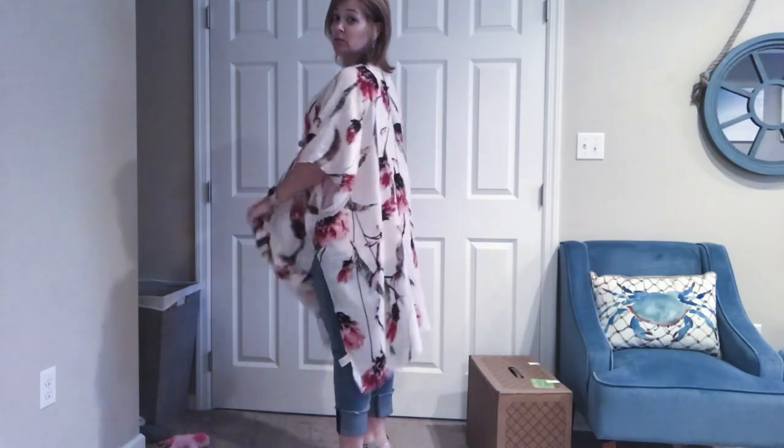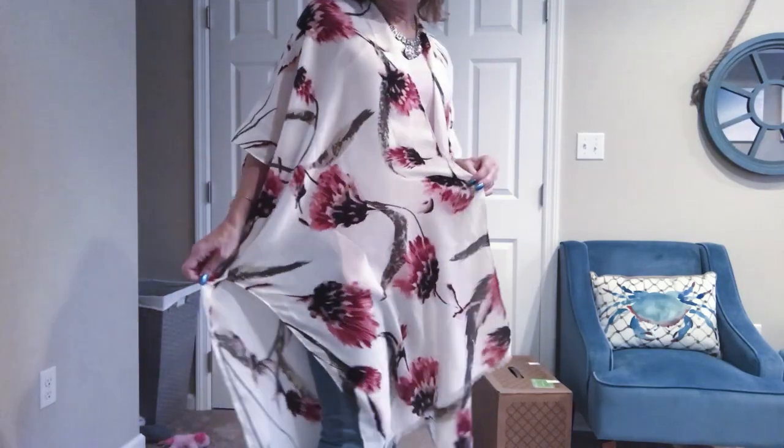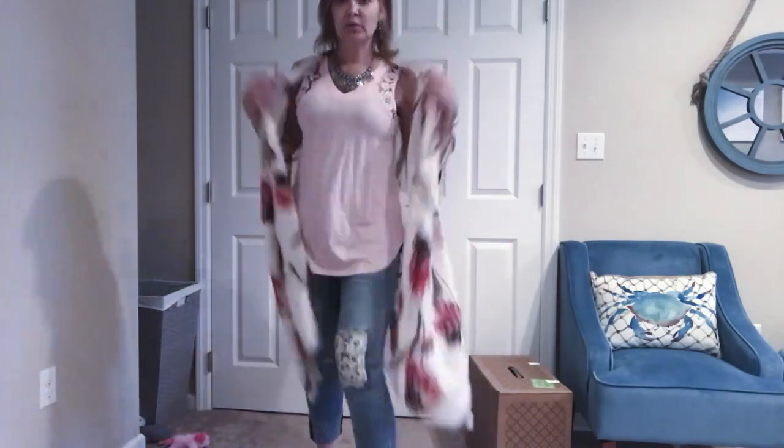It's long, but it's cute. I don't mind this pattern. I think you could do a lot with it. All right, and then